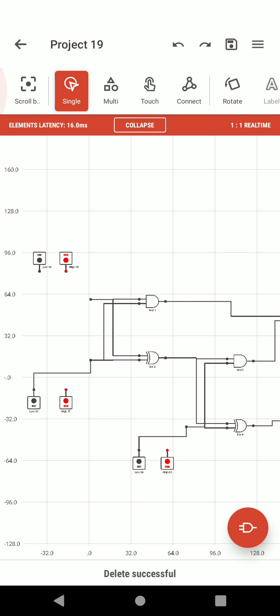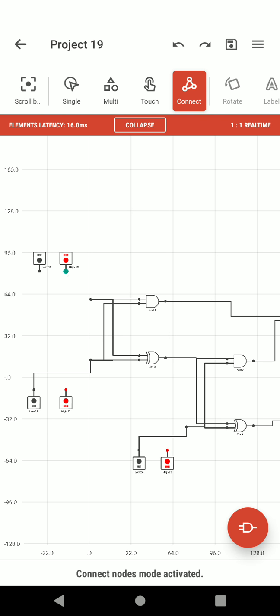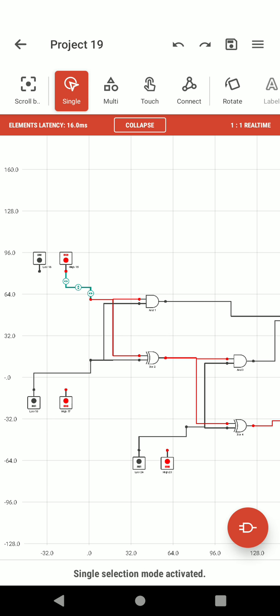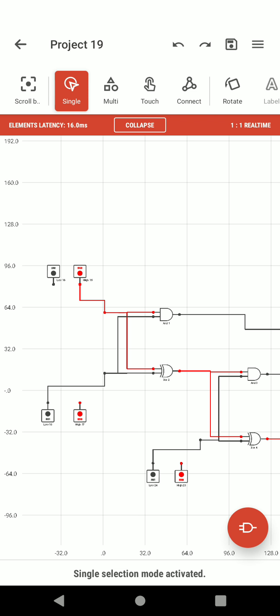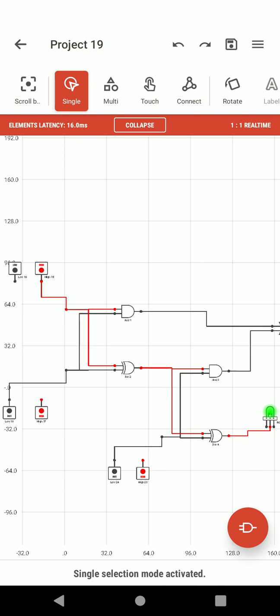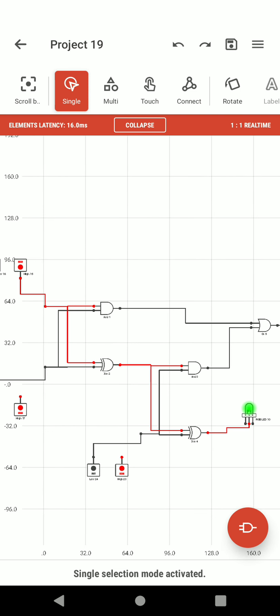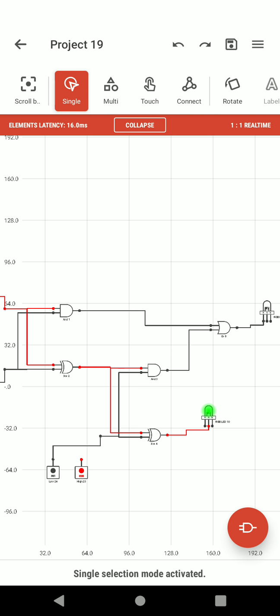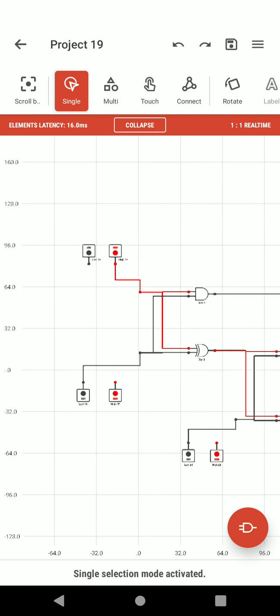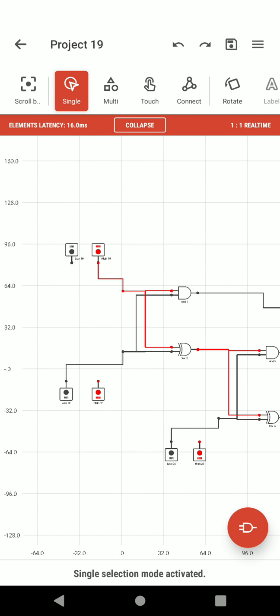Delete, then A to 1. So you can see now also the green bulb is glowing. So when A is 1, B is 0 and C is 0, the sum is 1 and carry is 0.